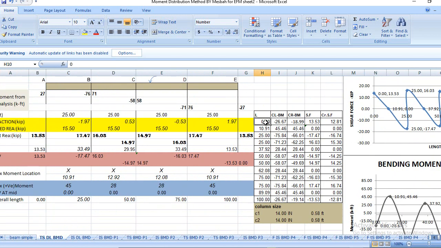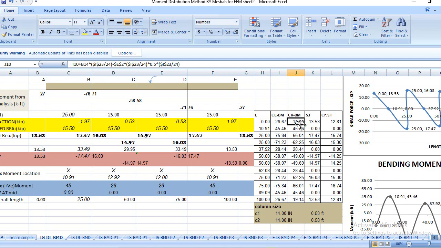you see at a distance 0, which is this moment. Now I choose this moment, that is minus 26.67, that is 27. Now this is the centerline bending moment. I have to find out the critical moment, or the face moment. Critical moment means the face bending moment. Now you see